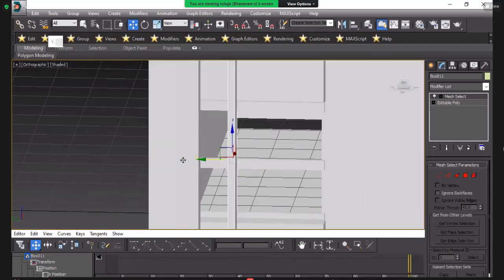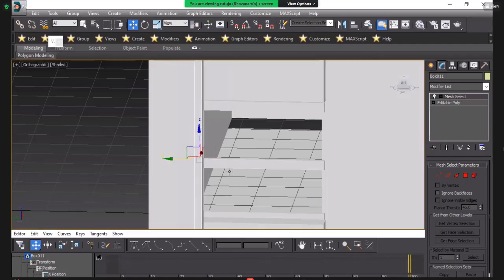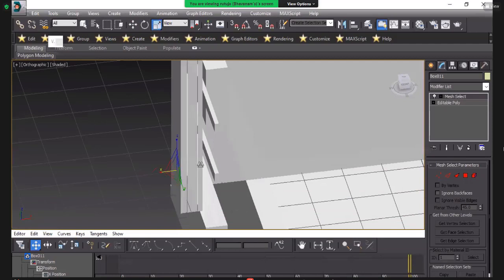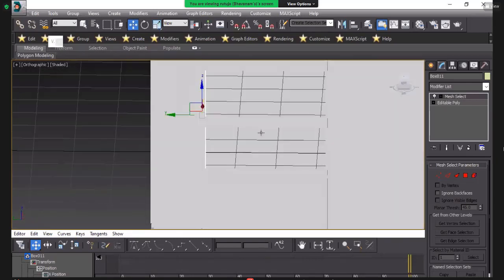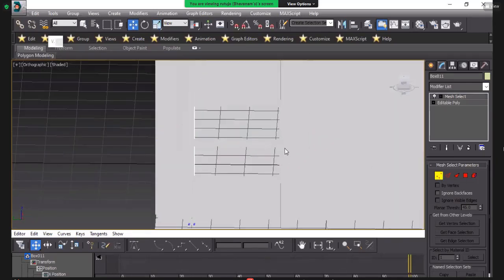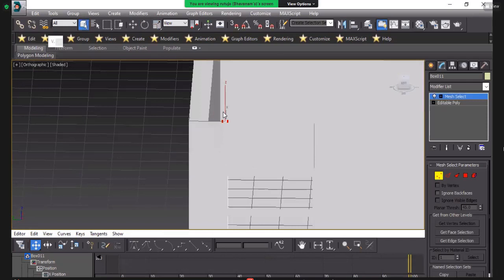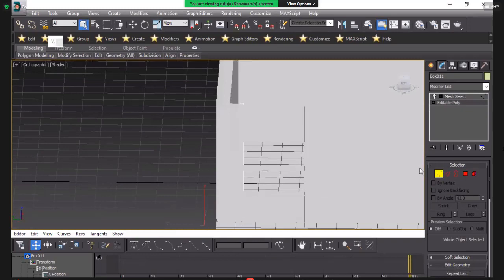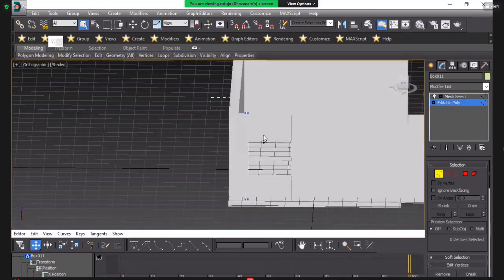Just reduce the thickness also and place it. Like that, take Editable Poly and edit your model.